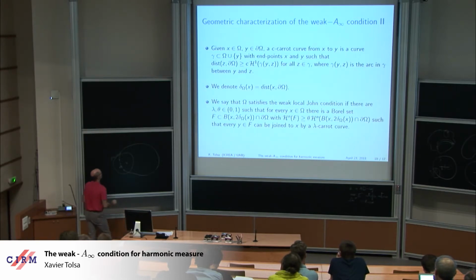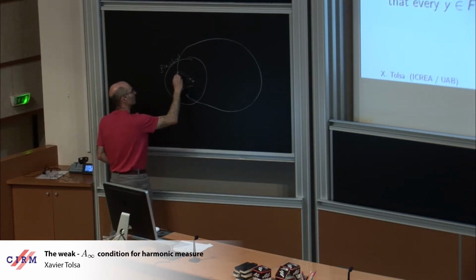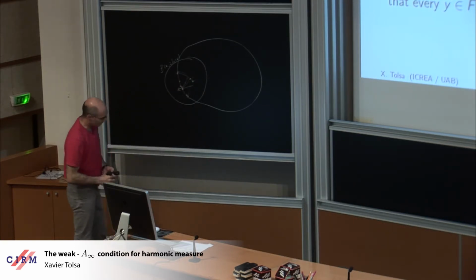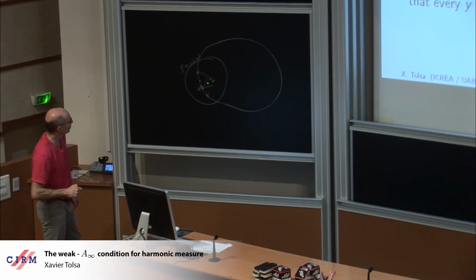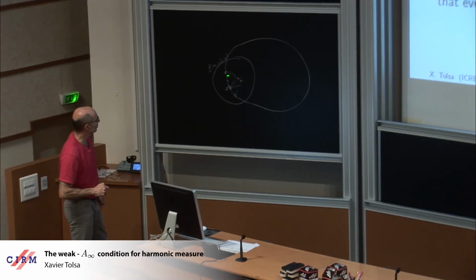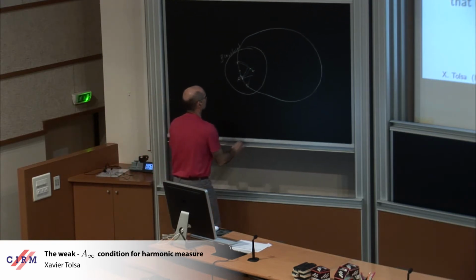And we should be able to join x to any point in F by carrot curves. So this is the local John condition. So given a point x here, we should be able to connect this point x to a big portion of the boundary inside this ball. So for example,